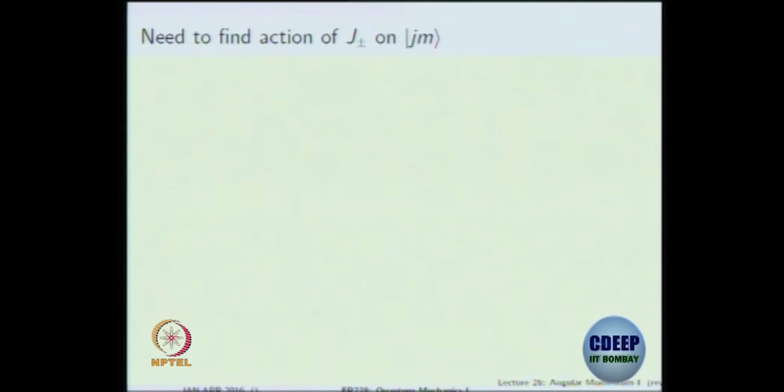Okay. What is the next thing you need to do? J3, it was an eigenstate. We need to do it like the way we did in the harmonic oscillator, how the A operates on the number operator eigenstate. It was not an eigenstate of A or A dagger. We tried to determine what does A do and what does A dagger do. Right? We want to do a similar thing here. How do we do this?